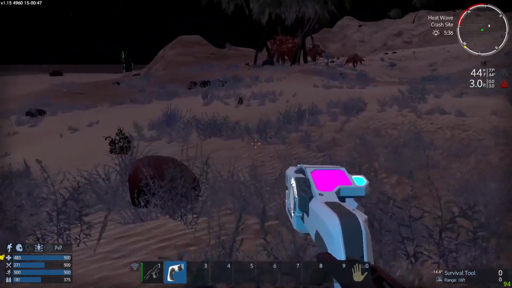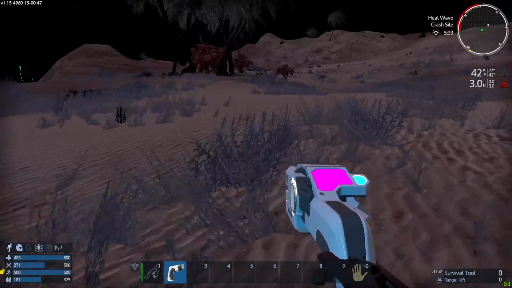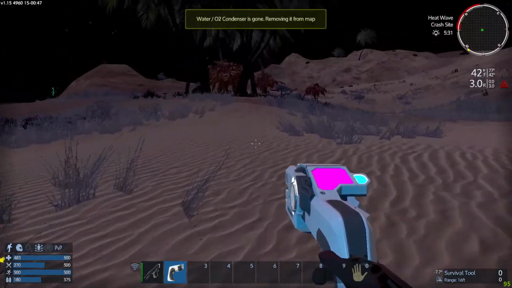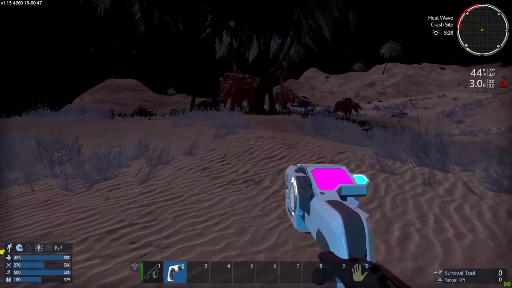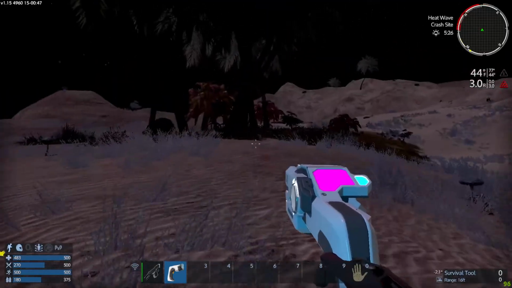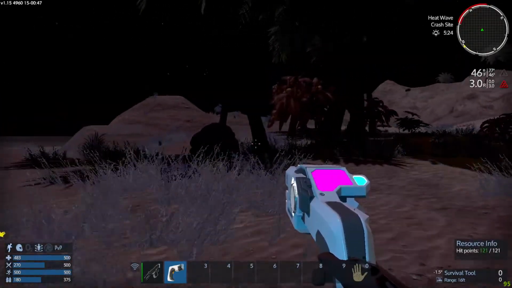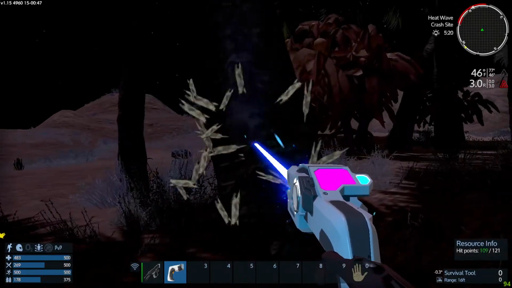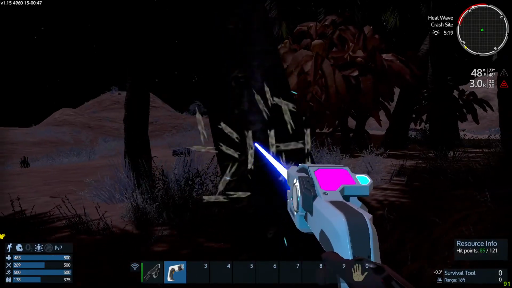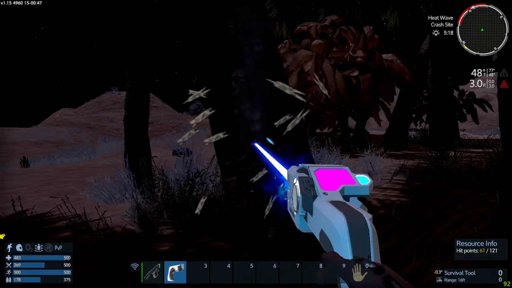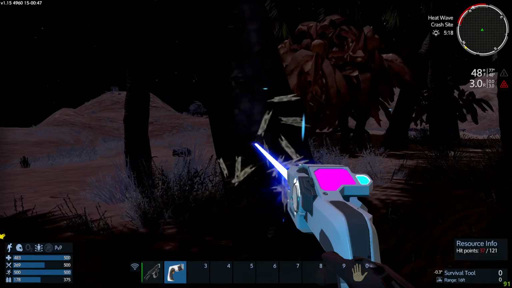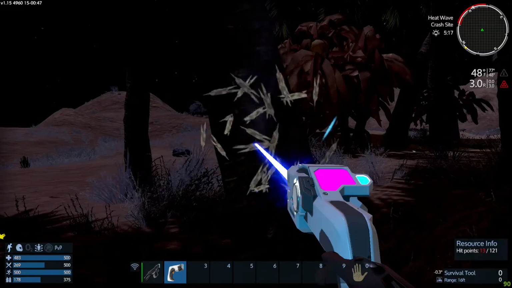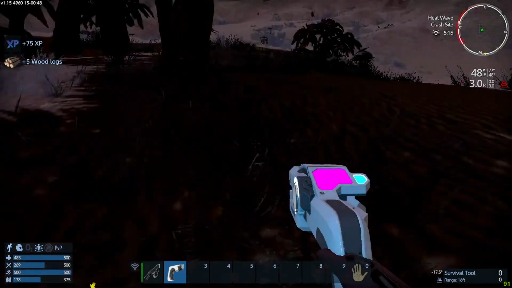Be like that one episode. I think it was episode 8, 9. There's nothing in that water O2 condenser, so if there's nothing in it, it'll disappear off the map. Just to let you know. We can always build another one and throw down. But it was whenever I was showing off after I showed how to bring in